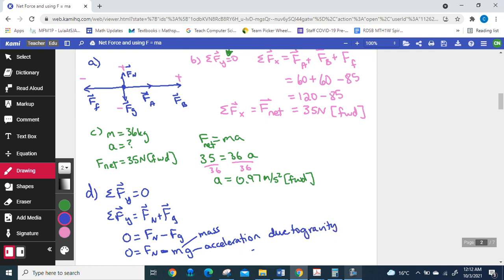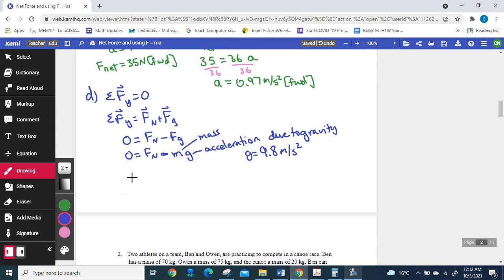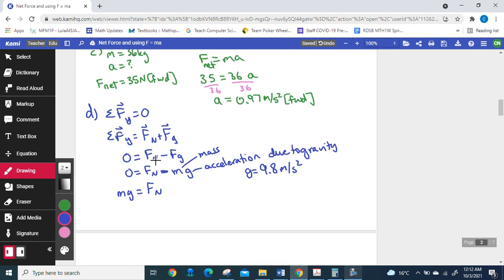Which on planet Earth, we use 9.8 meters per second squared. So that means bring that over to the other side. So mg is going to be equal to my normal force. We have a mass of 36 and an acceleration due to gravity of 9.8. So that gives us our normal force, which is going to be equal to 3.67